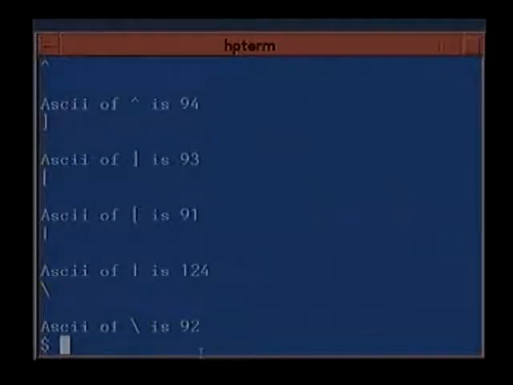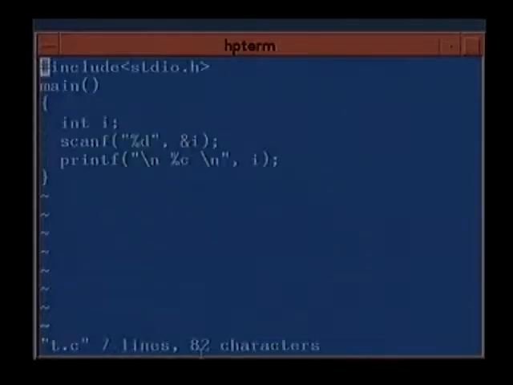And if you want to know the character value of an ASCII code, you can just write a simple program which I just wrote. You just scanf the number in %d format and then print it in %c format, and you will easily get the character.